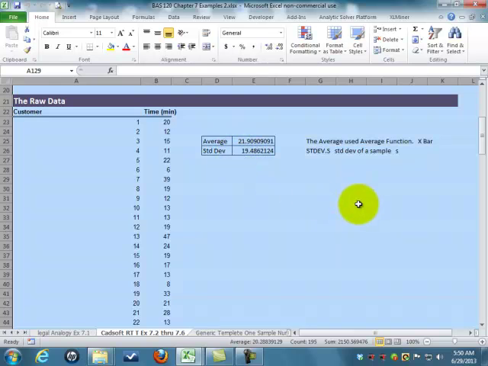So the sample standard deviation is 19.48, and you're going to see how we're going to use this information. What we know so far is the average response time is 25 minutes. We put in technical improvements, and a sample of 44 customers tells us that the average response time is now down to 21.9 minutes with a sample standard deviation of about 19. So how are we going to use that information to try to decide whether this